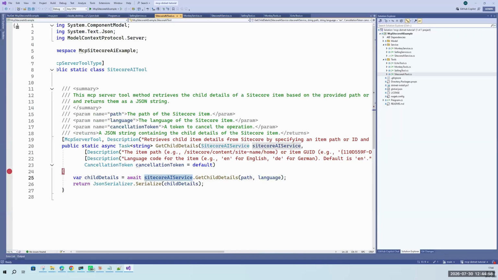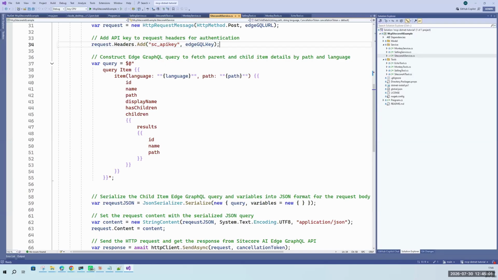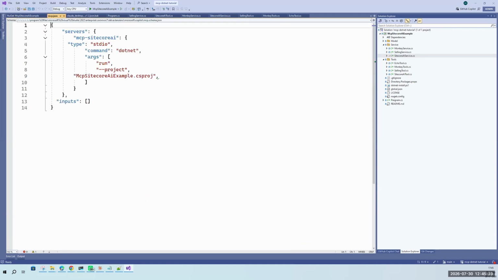Then I have written a service. Generally it will make a call to the Edge API endpoint, this Edge URL, and there you will be adding a header with the API key. When you are utilizing any sort of credentials or an API endpoint, you don't need to hard code them here. Whenever you are working with these MCP tools, same as in our .NET code base where you have environment variables, here also you can create environment variables. So whenever you are deploying this agent anywhere or running it from your local machine, you do not need to hard code anything there.